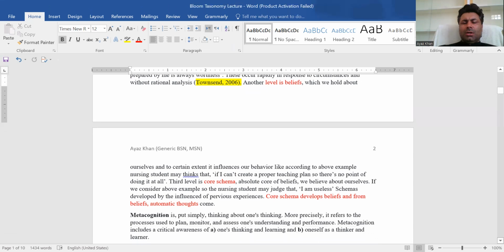So it clarifies that learning and mental cognition are directly interrelated with each other. Like I have mentioned in the example of the student with the assignment to the faculty member, there are three levels of cognition. These levels of cognition help them to develop a permanent mental schema by going through these three stages and their previous experiences. Similarly,